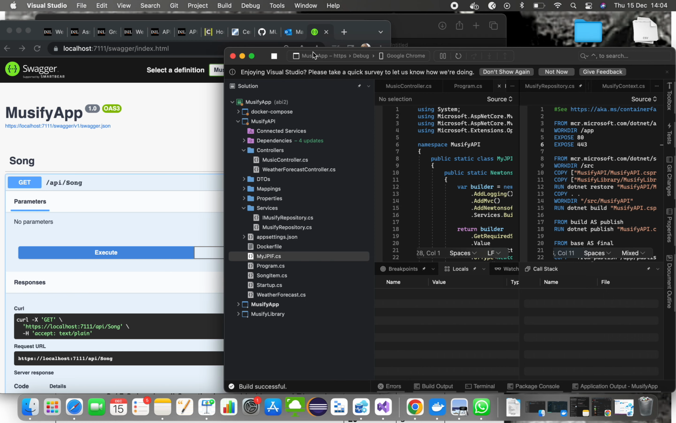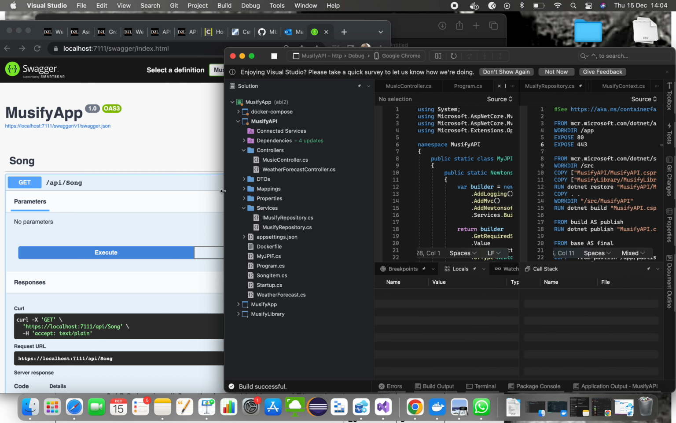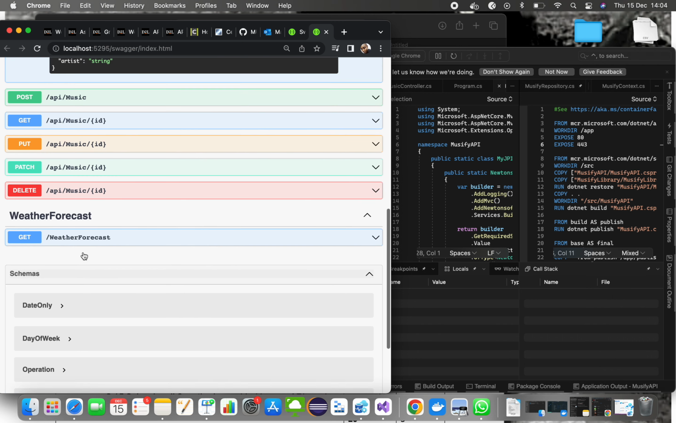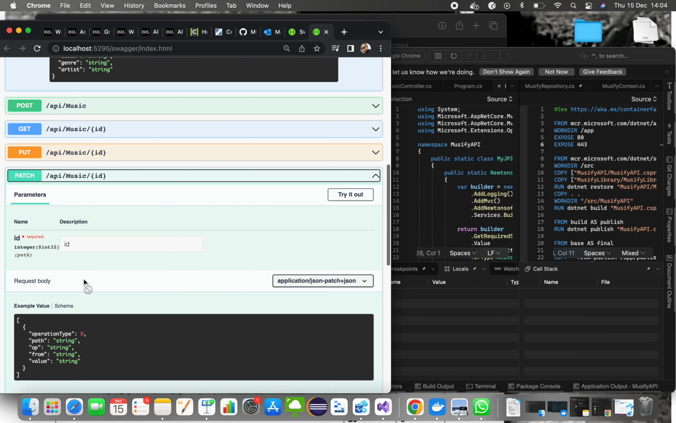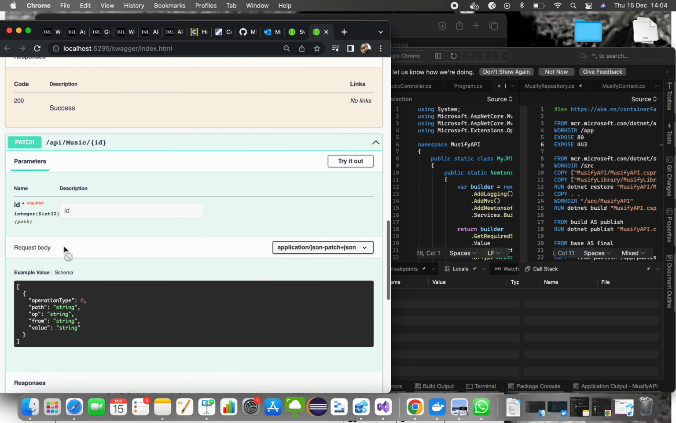So I'm going to test it with Musify API. It's very similar as well, but then there are several features that are new. So here we have different method names. In the previous one we had API song. Here in the Musify app we had API stroke song and stuff. Here we have API stroke music, and everything is the same. It's just different here. In our patch method, which is very similar to our put method,